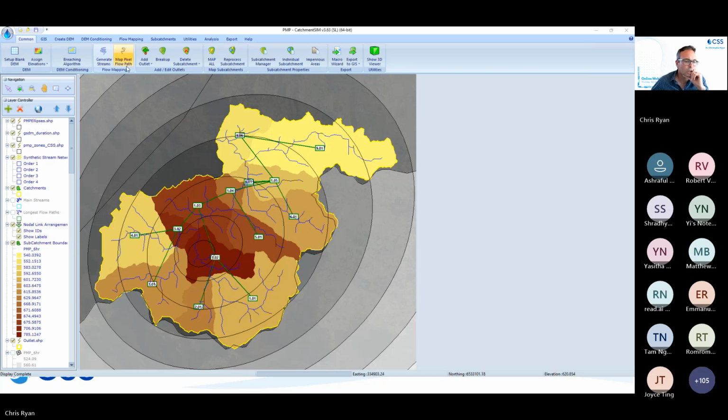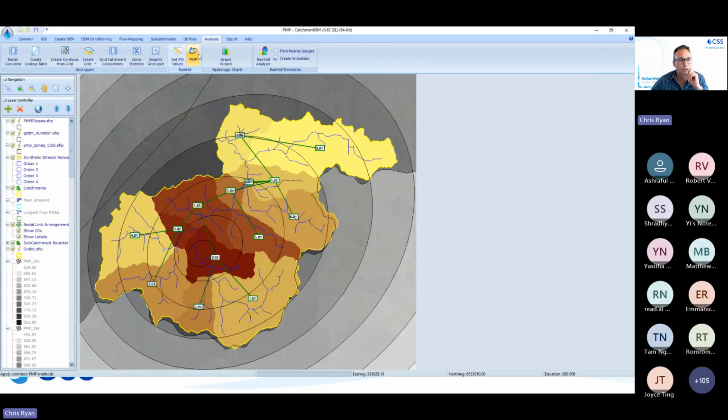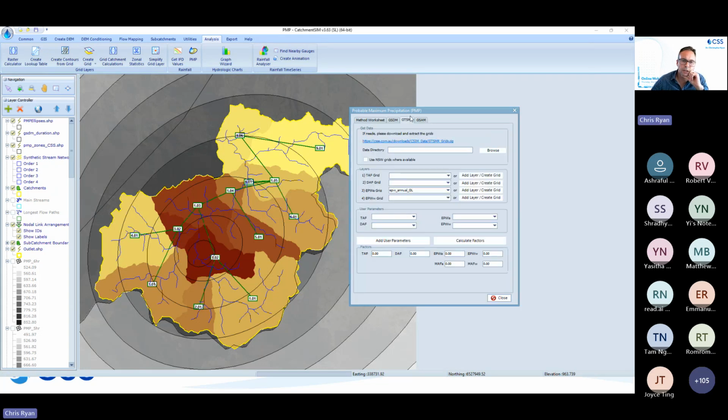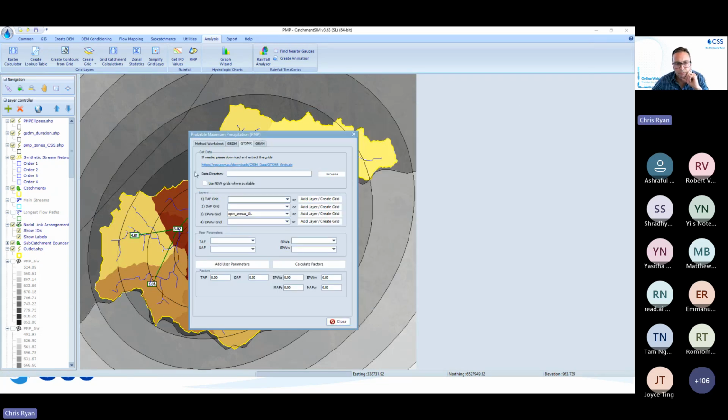Okay, so that's the GSDM. Now I'll just look at the GTSMR next. Go back to our PMP section and go to the GTSMR. Now this method has some grids that cover the whole country, so they're reasonably large. So we don't distribute them with Storm Injector by default, but you can click on this link here and download them. Now I will just copy where I've got these grids stored on my computer into that